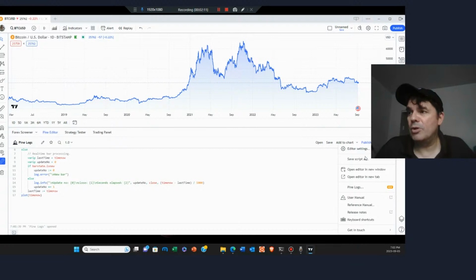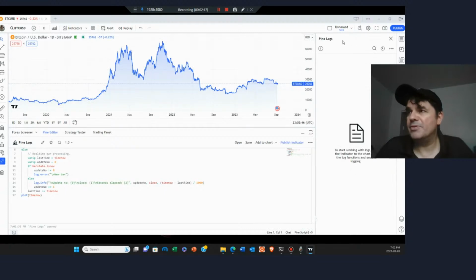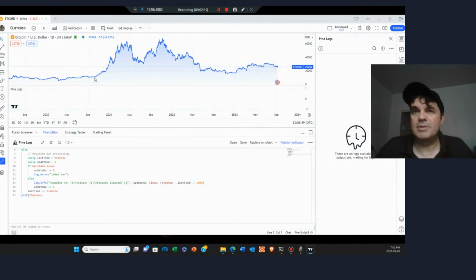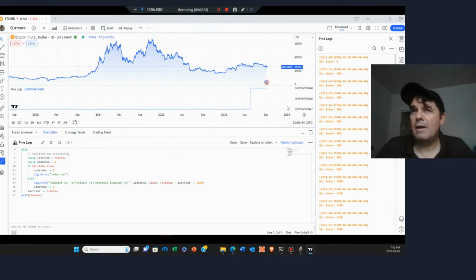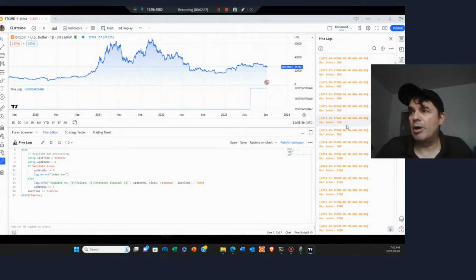And here on the right, when you run the script, you can see Pine logs. So I'll load up this new interface. The first thing to do to run it, you add this script to the chart, and then boom, there's all the activity for the logging. So you can see here we have bar index here. We can just specify we only want to see